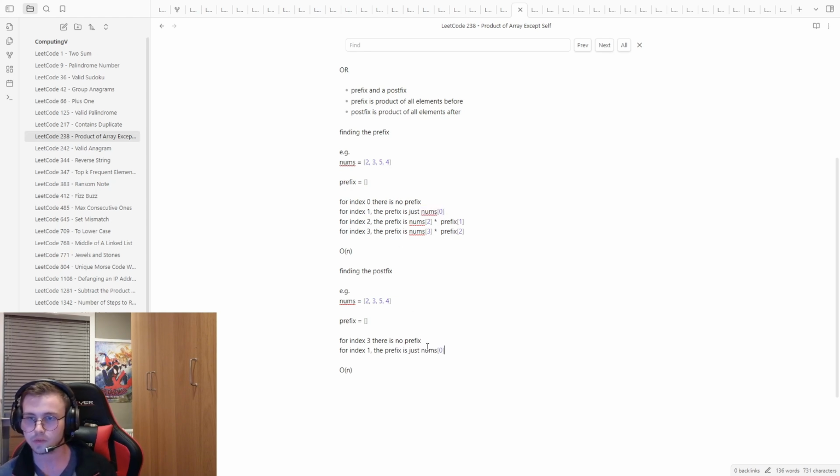For index 2, the prefix is just nums 2. For index 1, the prefix is index 0, 1 times